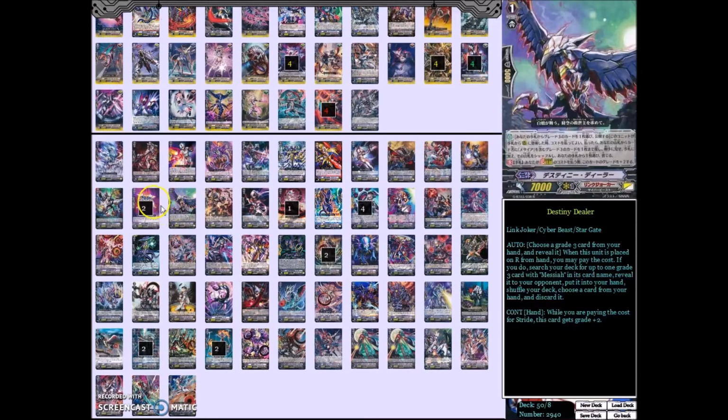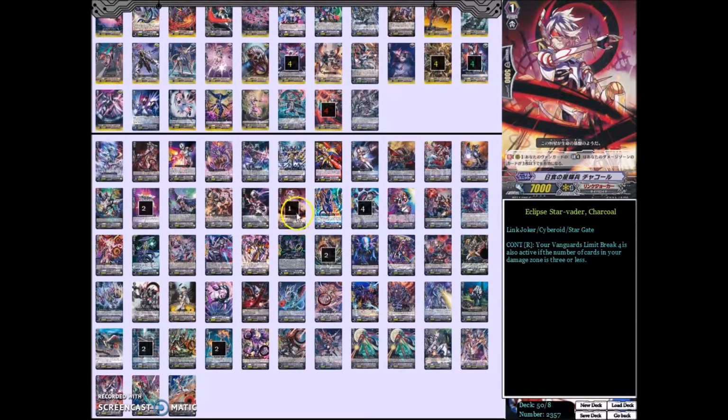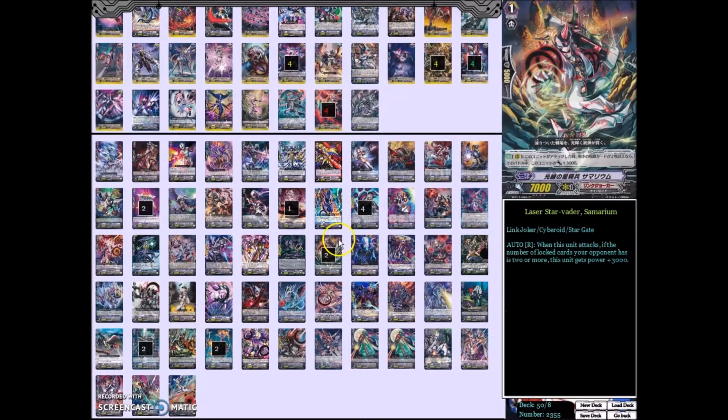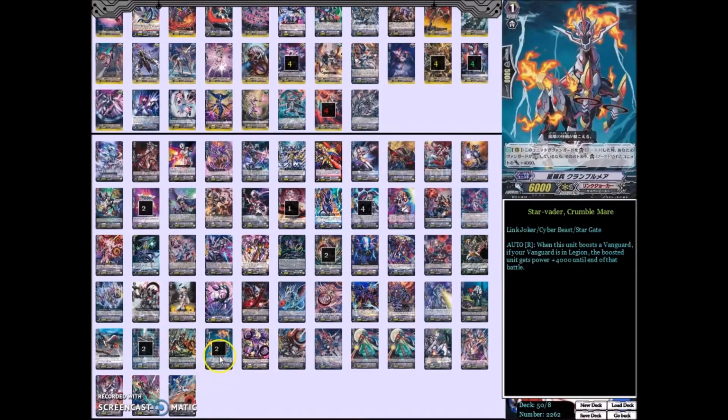Next we get into grade 1s. The first one you're going to want is 2 Demonic Claw Star-vaders Lanthanum. 1 Eclipse Star-vader Charcoal. 4 Flower Blooming in the Vacuum Cosmolis, 2 Laser Star-vader Samarium, 2 Star-vader Boltline, and 2